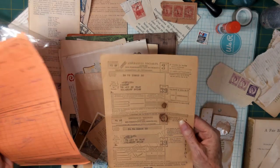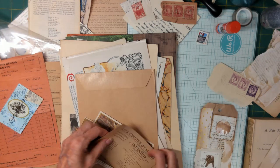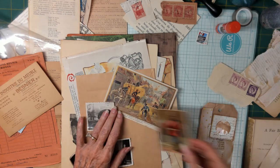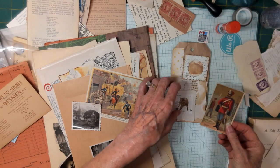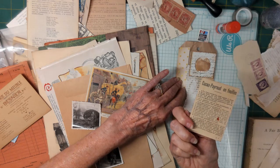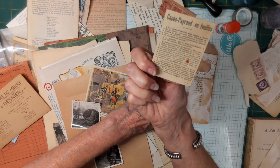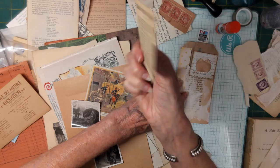Okay, so now these, I haven't looked at these in a long time. I got these from Crafty Paper Bits in one of her auctions. Oh, okay. So there was a lot of masculine stuff in this one. Okay, so that's good. Maybe there's a way I can use this up, because I don't know how many reasons I'll have to use these kind of things. Let's see, if I put this guy here. I have no idea what it says. Absolutely none. It says Russian at the bottom, but it's not written in Russian. It looks like it's written in French, actually. Yeah, it is, but I don't know what...